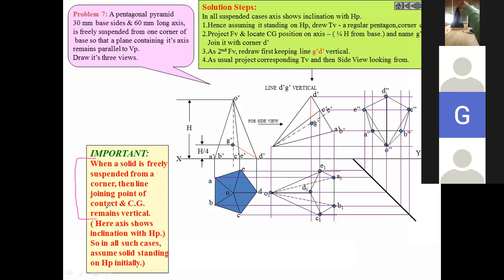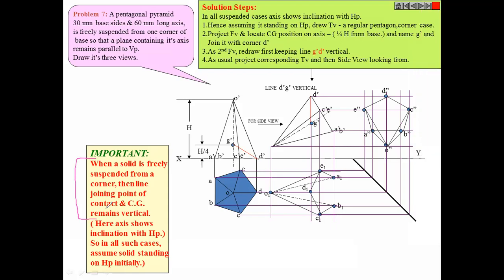Understood? Now I will pick up from this point. Just pick it up from this point. See, I am just picking it up. I am not holding it. See again, it automatically takes that shape. Now it is the property of a solid, or rather the property of CG, center of gravity. Okay, so this is how we got all these three views.